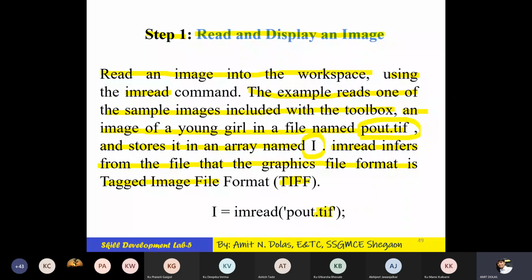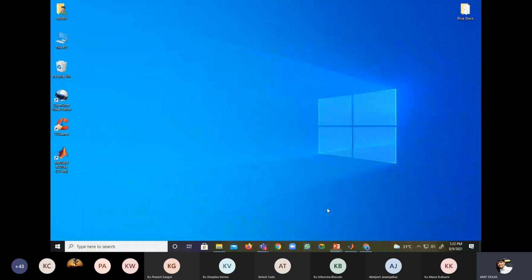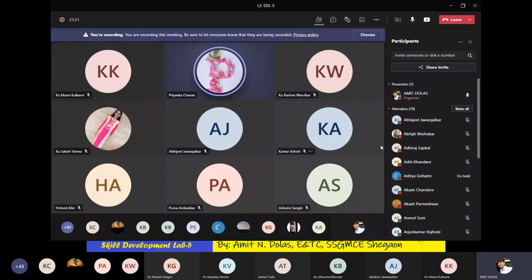Seriously, you don't know any image format? JPEG. Yes, it is JPEG, GIF, then now we have seen TIF, then we have PNG.